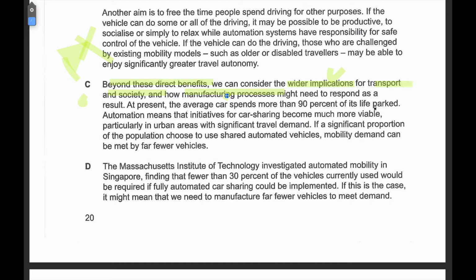At present, the average car spends more than 90% of its life parked. 它是差不多90%时间都是在停着的，所有的车都是完全是一个 total waste. Automation means that initiatives for car sharing become much more viable. Viable means feasible, 是非常可行的。就是自动化的一个过程，就意味着这样一个 initiative, just means like proposals, 一些措施、一些提法。